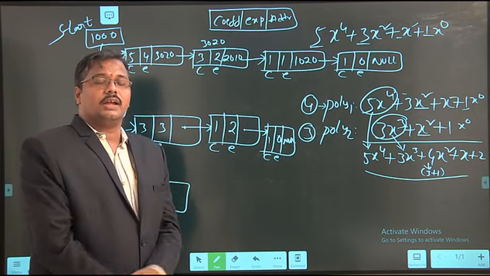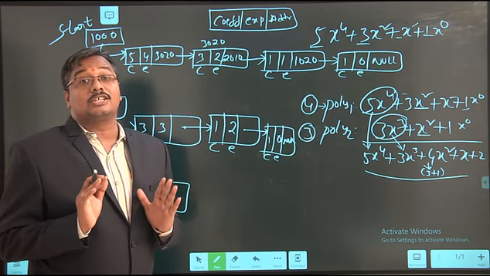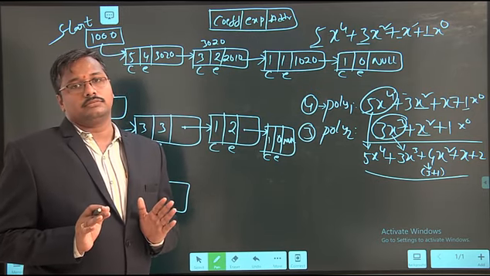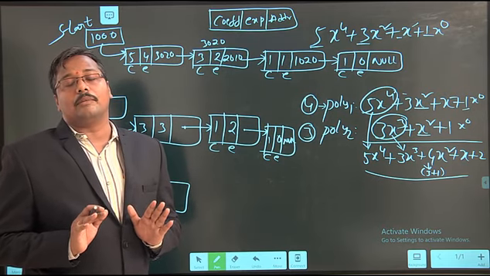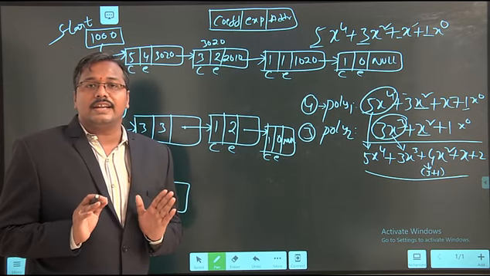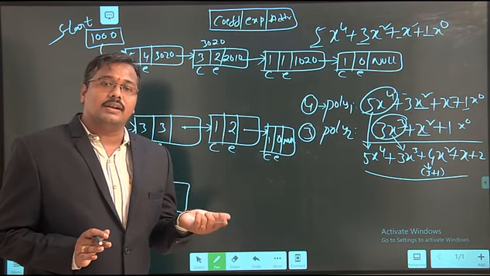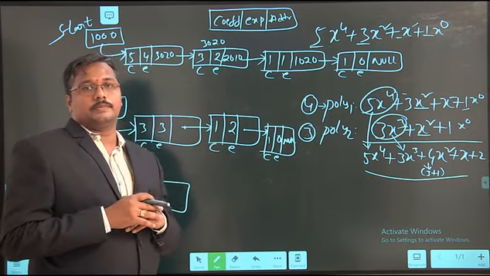Each and every time I am comparing exponent values. If the exponent values are equal, then only I am adding the two coefficients. If the exponents are not equal, the maximum one is copied into the resultant linked list.